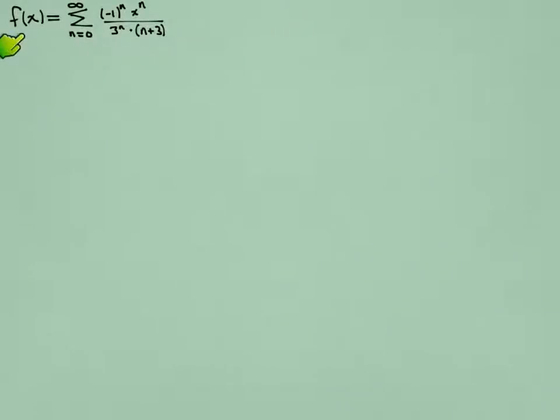In this video, we'll determine where the power series f of x given by the following expression converges or diverges. Let's write out a few of the terms. When I do so, the first term will be 1 over 3. I'm taking n to be 0, so this will be 3 to the 0. This will be x to the 0, and this will be minus 1 to the 0, and all those factors will be 1. And then I'll have 0 plus 3, so I'll have a factor of 3 in the denominator,